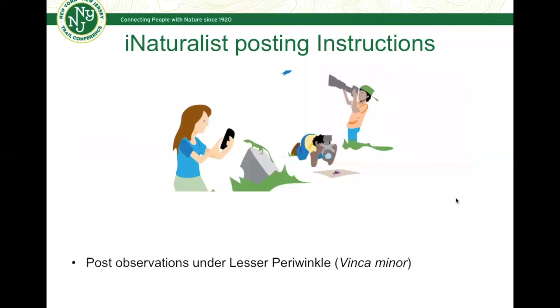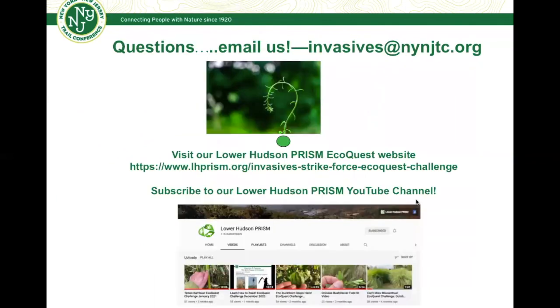In terms of iNaturalist posting instructions, it's basically going to pop up when you take a picture of Vinca. It's going to pop up as lesser periwinkle or Vinca minor. So when you're posting your observations to iNaturalist, just be sure that you are posting under lesser periwinkle or Vinca minor. And of course, if you have any questions, email us at